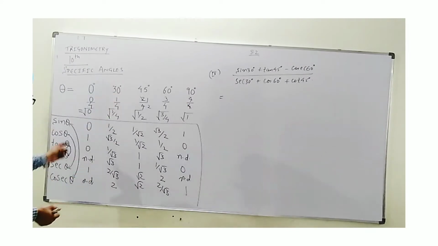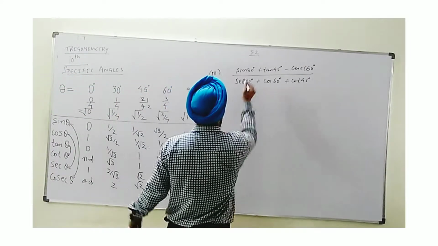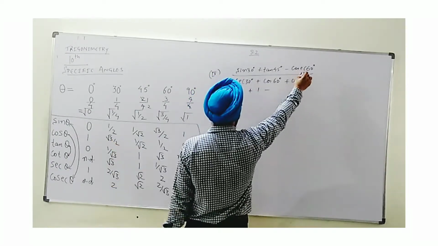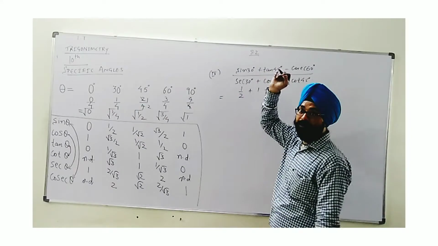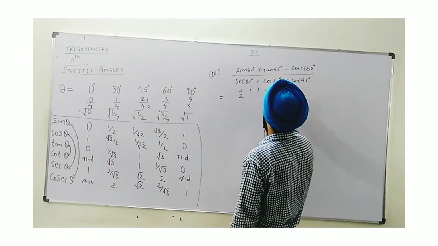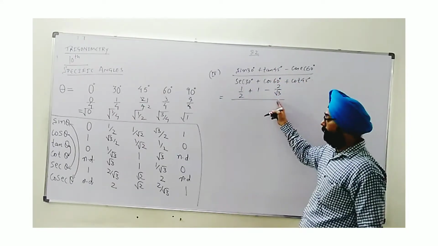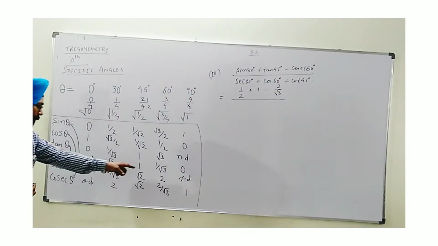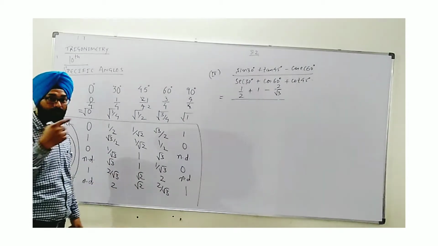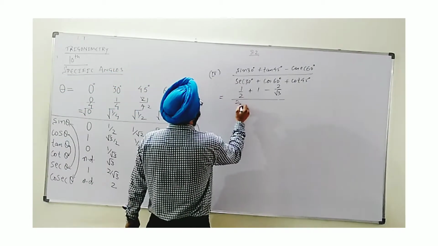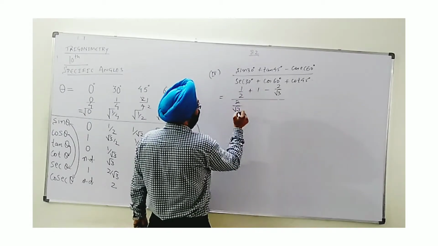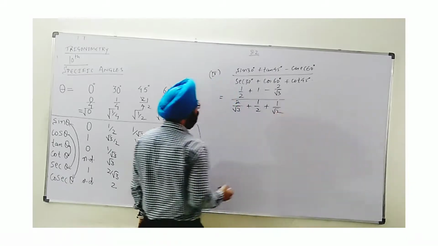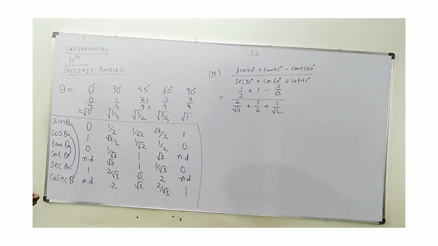Let's go ahead. Sine 30, we need to put the value. You can see each value from the table. It's 1 by 2. Tan 45 is 1. Cosec 60, you can see, is the reciprocal of sine 60, so this will become 2 by root 3. This use of irrational has come now. Sec 30, again you can see from your table or directly conclude that this is the reciprocal of cos 30, so it will be 2 by root 3. Cos 60 is 1 by 2 plus cot 45 is 1 by root 2. You can see there is more than one irrational value being used.